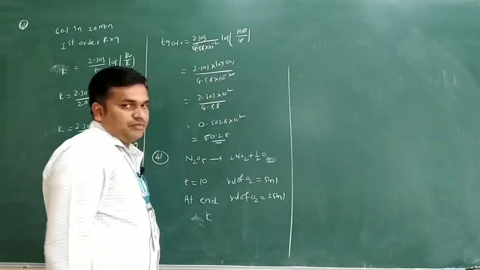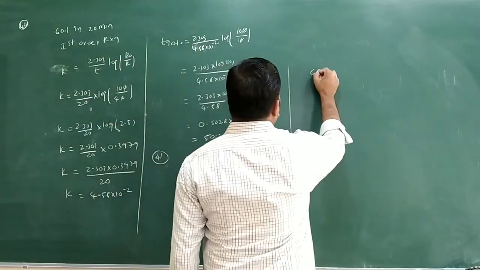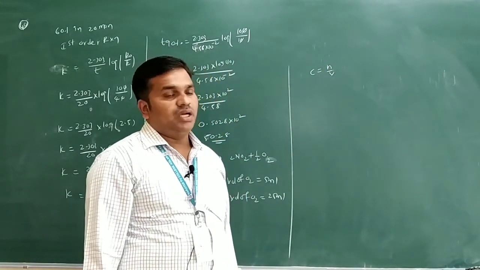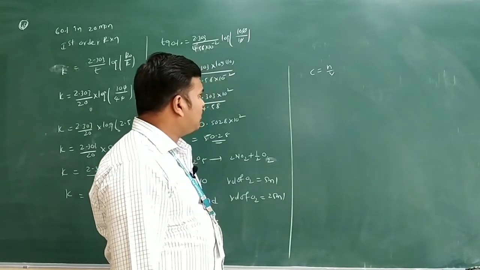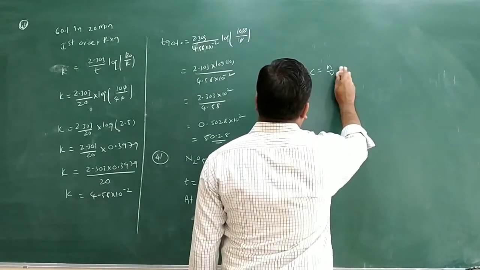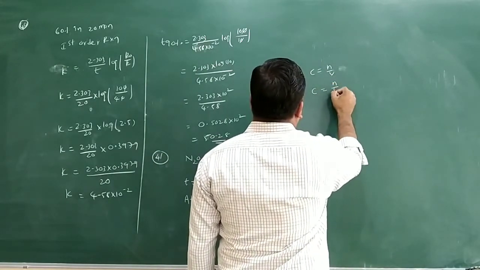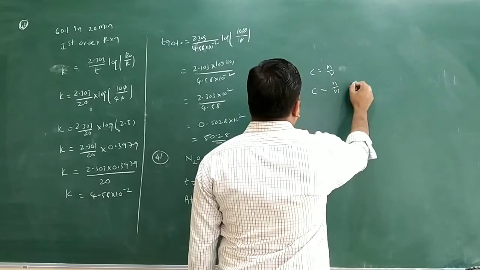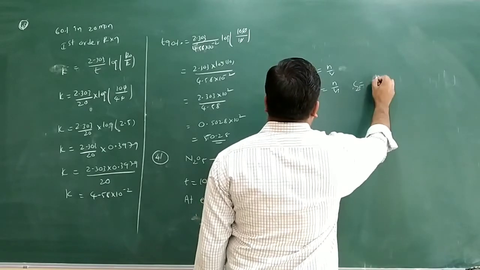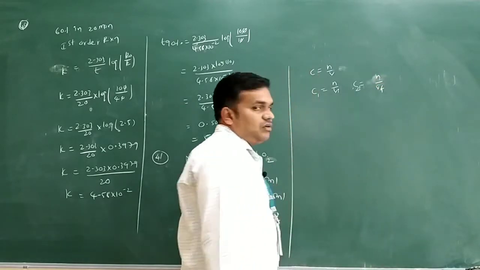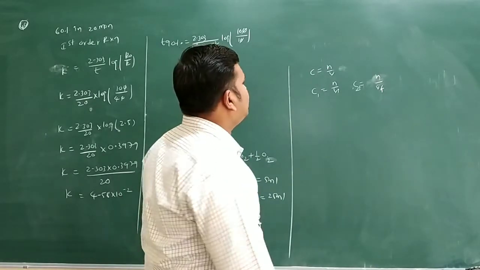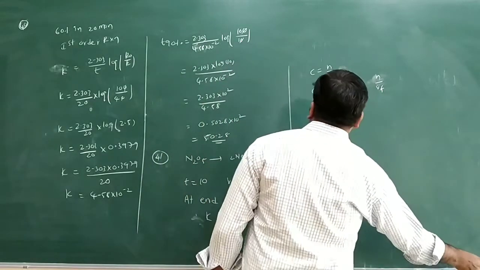Here volume is given. You know one formula, C is equal to N by V. Concentration is inversely proportional to volume. So if you want to take the initial volume and final volume, suppose I am writing C is equal to N by V initial, and suppose C is C1, you can take this as C2. Then C2 is equal to N by volume of which one? Final. What you will get here is final volume by initial volume. If you want to write it, C1 by C2. So this is the concept we are using.